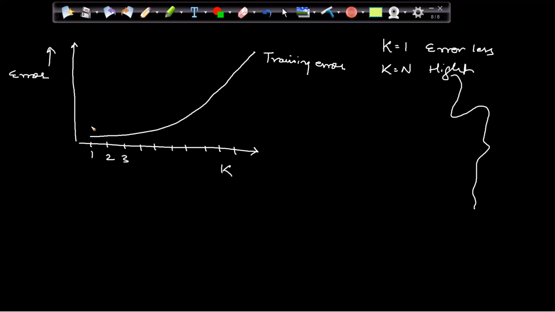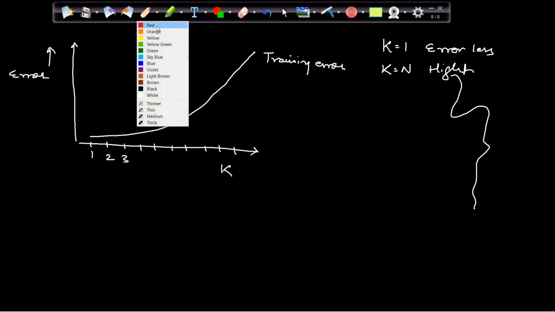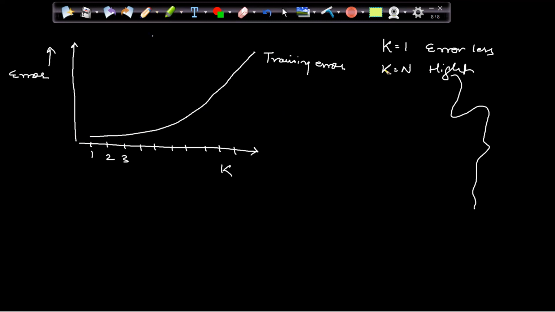Now this line, the white line which we have, is my training error. Now let's pass the model on the validation data. In validation data also we will get some error. Typically what happens is that in validation, the trend goes like this. Typically, we'll see that in the coding also. So validation error normally goes like this. Right?